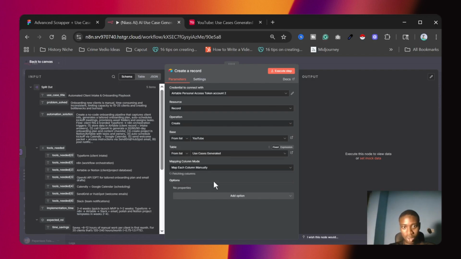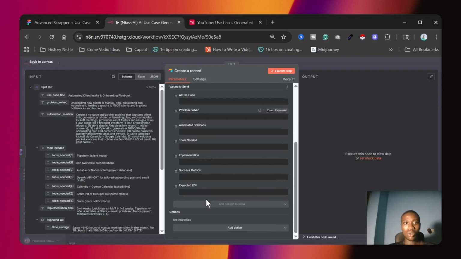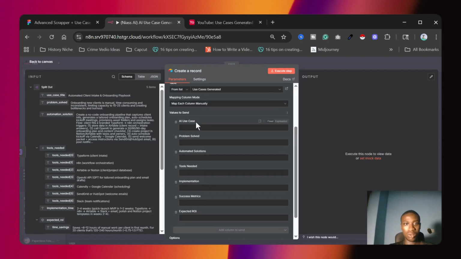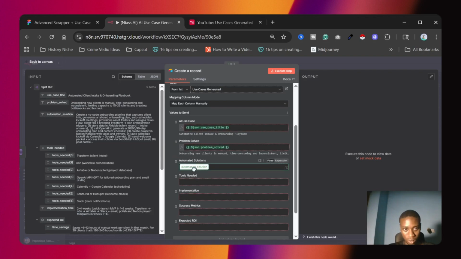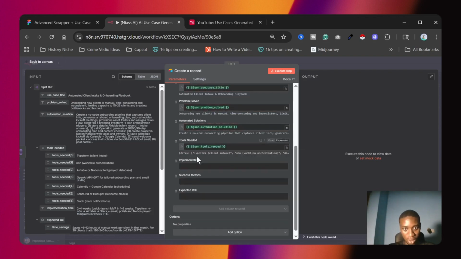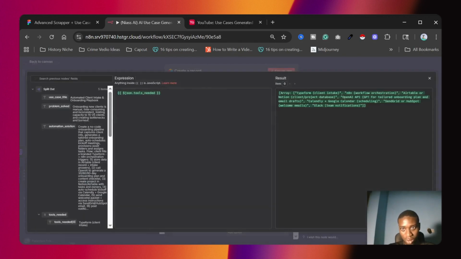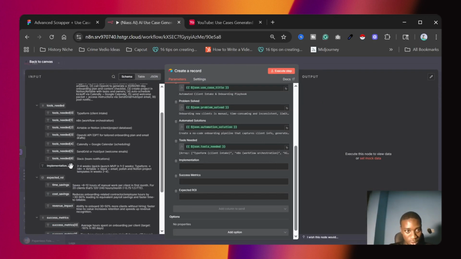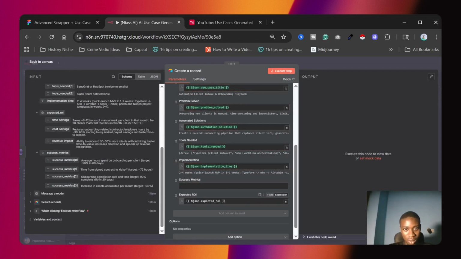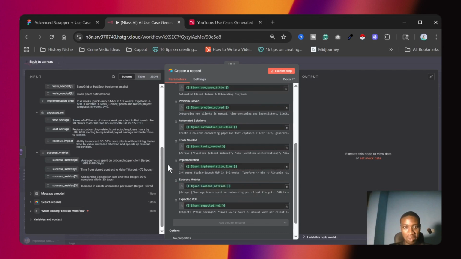Use case generated. Then it's going to map out the use case title, the problem solved, give me the solution needed array, starting solution, the first implementation expected array. Alright, so six. I'm pretty sure there's going to be some error, but let's check it out.